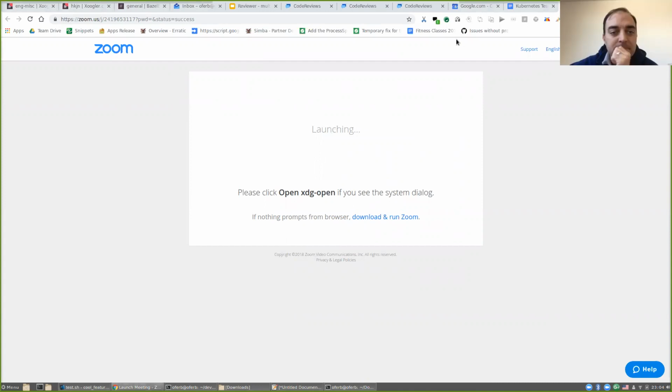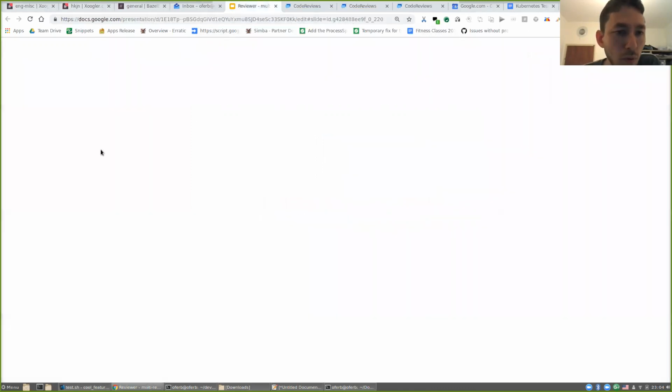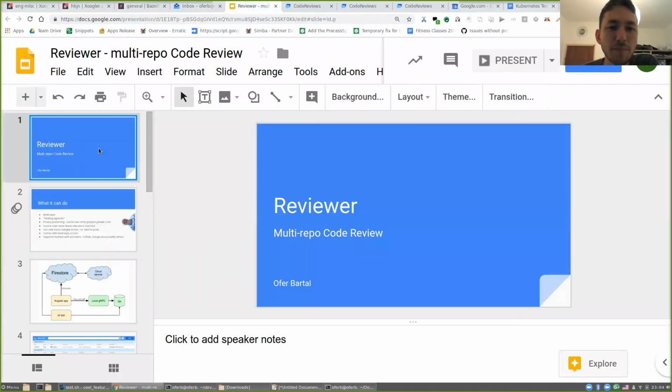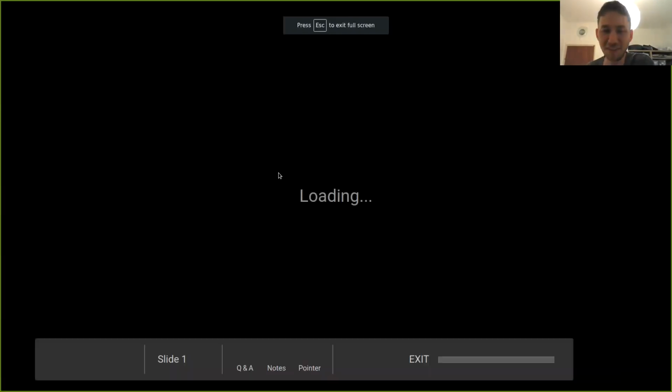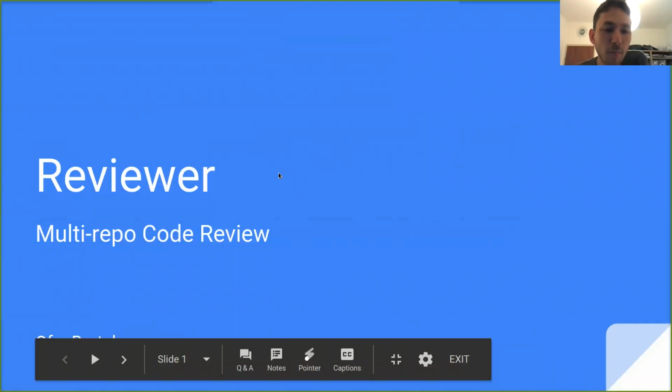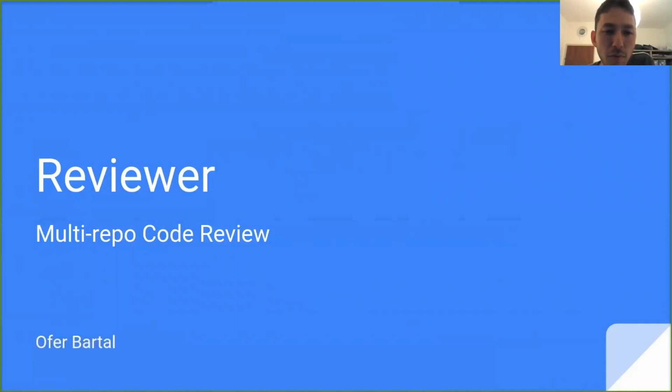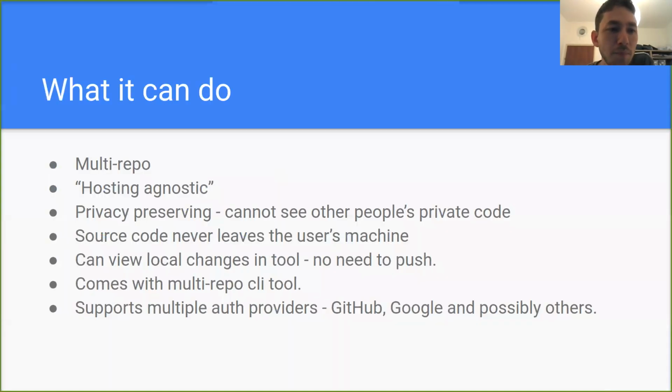Yep. Okay, so I am going to show you a code review tool I have been working on. It's called Reviewer, not a very interesting name. What's interesting about it is that it's multi-repo, so it can handle multiple repos in the same review. It's also hosting agnostic, so it can work with GitHub, GitLab, on-prem, Bitbucket, whatever you